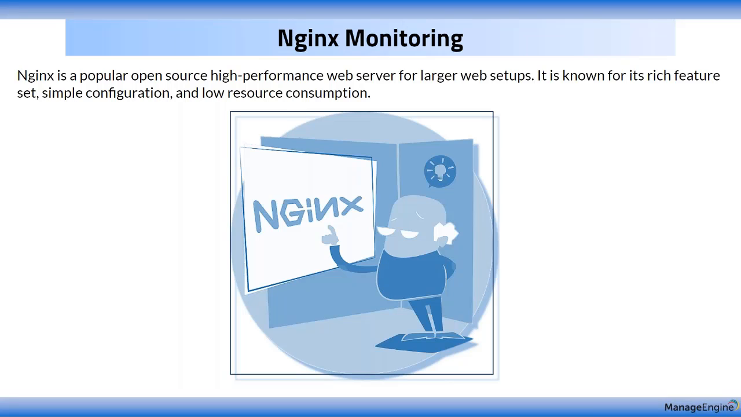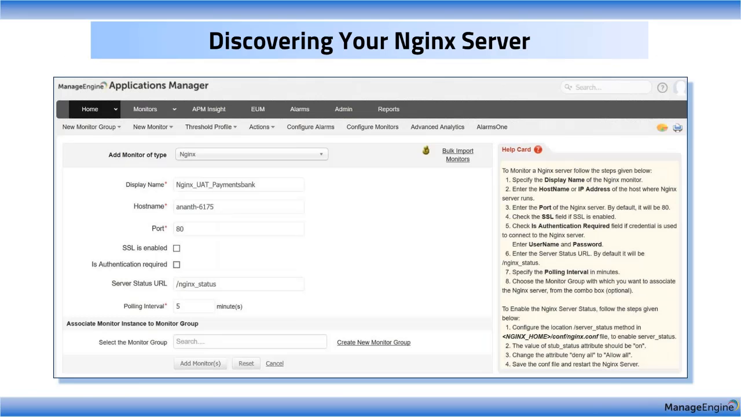So now let's see how you can discover your Nginx server. By monitoring Nginx server, basically you can catch two categories of issues. That is the problems developing in the Nginx server itself, or there could be a problem elsewhere in the other